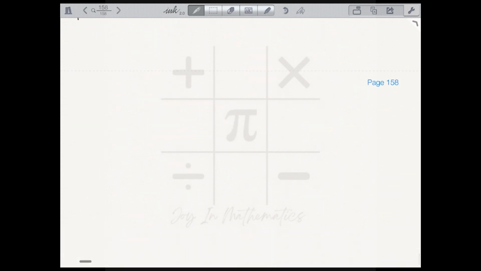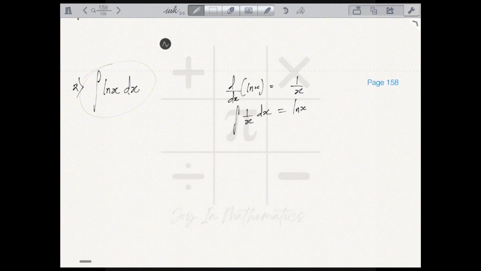Now let's take another question of integrating ln x dx. Now we know that differentiating ln x will give us what? 1 over x, and integrating 1 over x with respect to x will give us ln x. Now how then do we integrate ln x? Integrating ln x is determined using integration by parts, because ln x can also be written as 1 multiplied by ln x